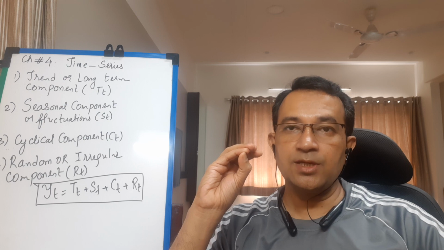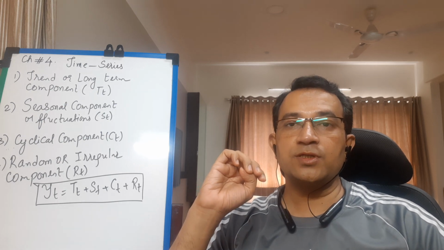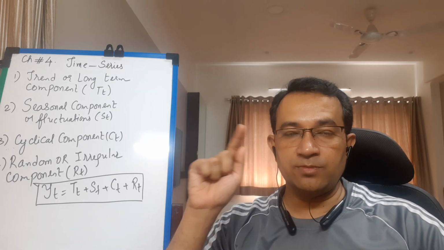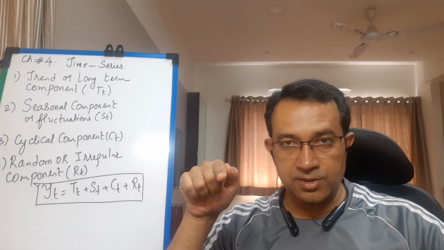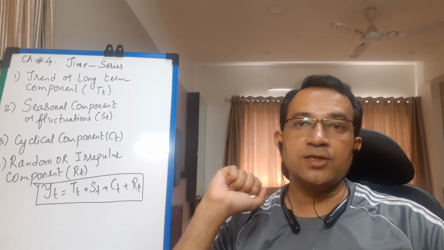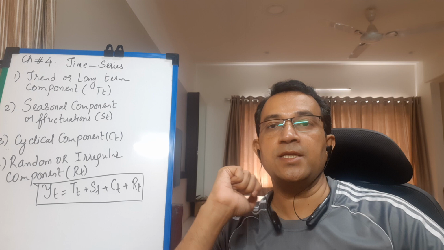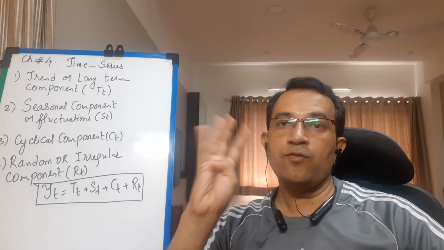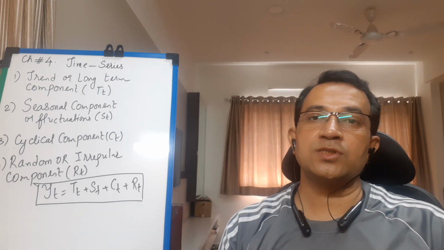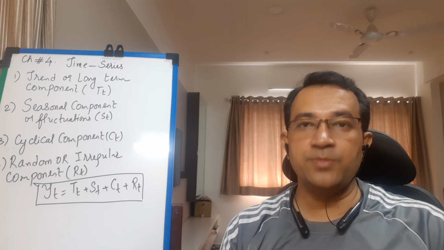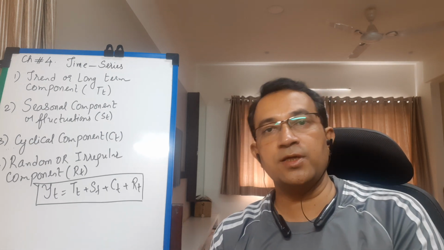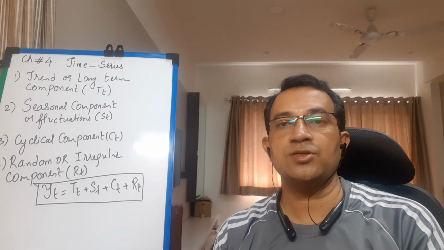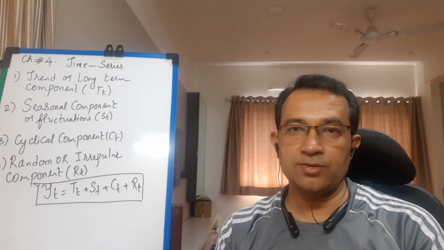Third point, range. The range of correlation coefficient R is from -1 to +1, means closed interval -1 to +1, whereas the range of regression coefficient B can be, students, any real number. Fourth point, the concept of correlation was given by famous statistician Karl Pearson, whereas the concept of regression was given by English statistician Sir Francis Galton.